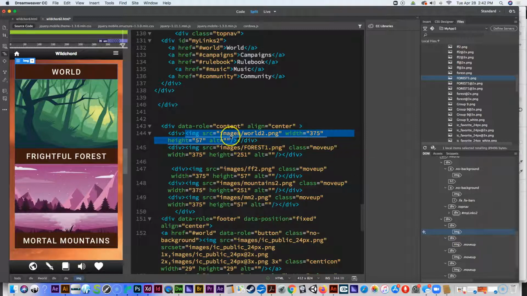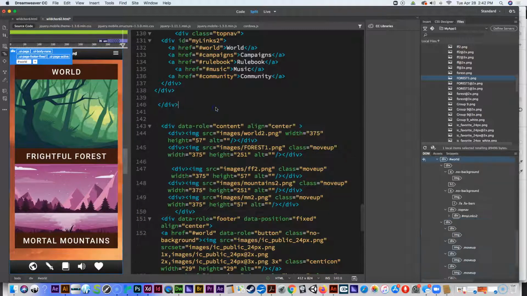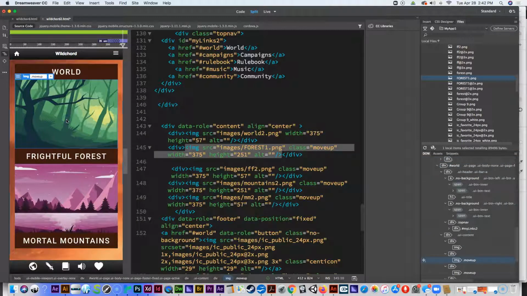actually the world 2 is the only one that won't get the move up class because there's actually a certain amount of space here that I set when I made the drop down menu, and I wanted that to be consistent, right? Okay, so finally, after tons of work, we finally have this thing looking good. Everything's centered. There's no spaces between anything. It all looks good. Plus, each of these things can be a link that can be used to go to